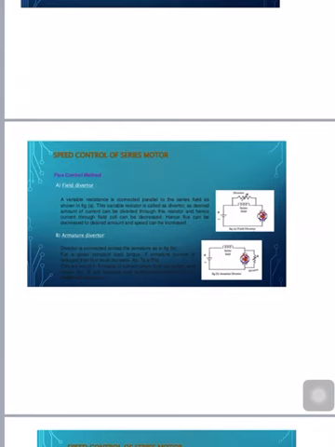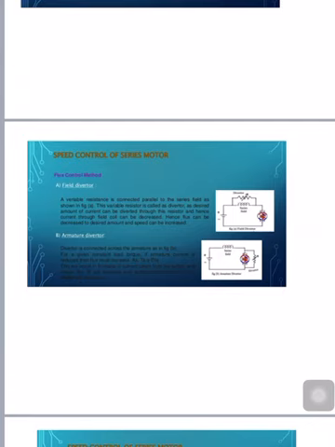That is, the field flux is reduced by shunting some portion of motor current around the series field, and the lesser the diverter resistance, the less is the field current, so less flux, therefore more speed. This gives a speed above normal, and the method is used in electric drives in which speed should rise sharply as soon as load is decreased.